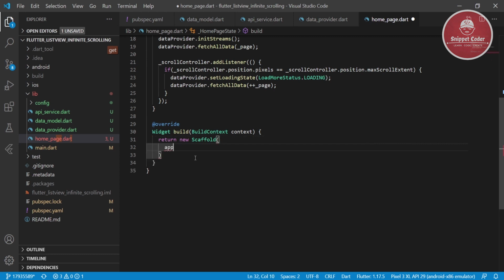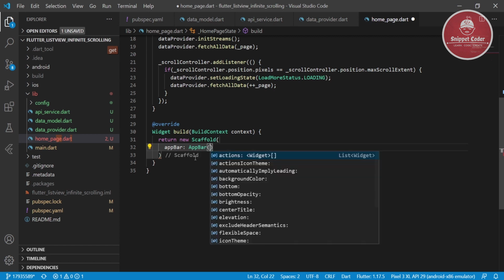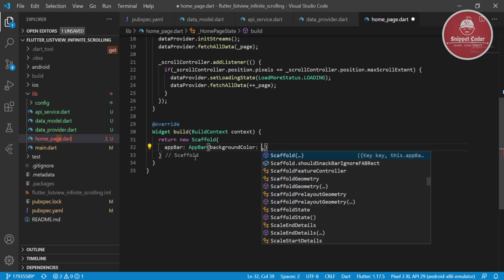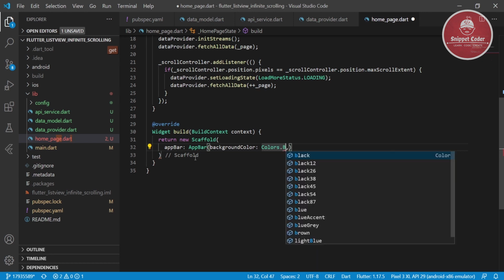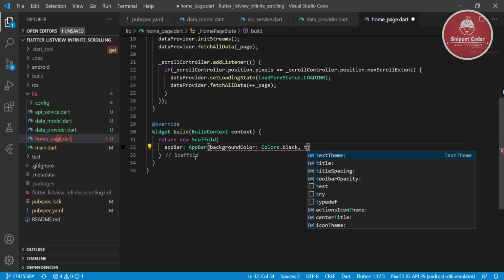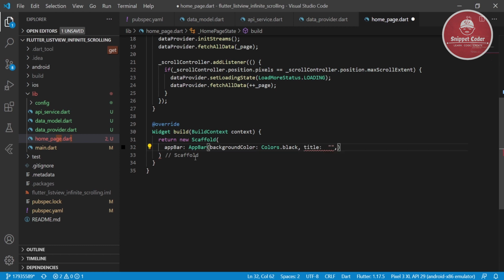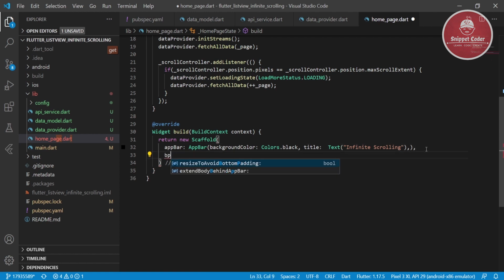and here we will pass app bar, then we will have background color, colors dot black, and here we will pass a title, infinite scrolling. Then we will have the body,